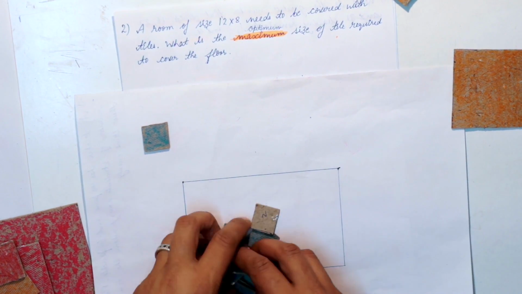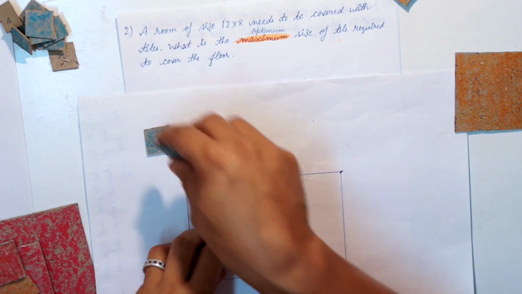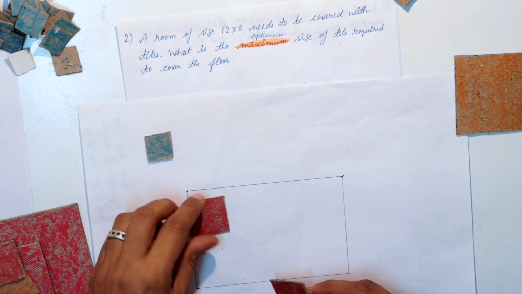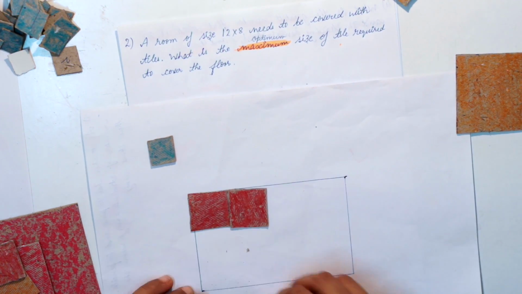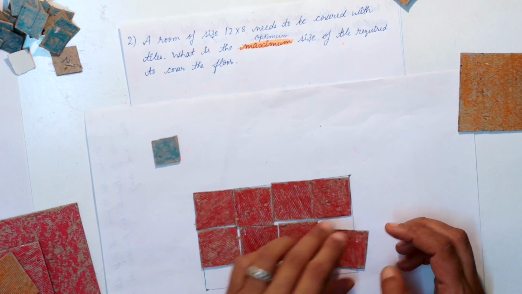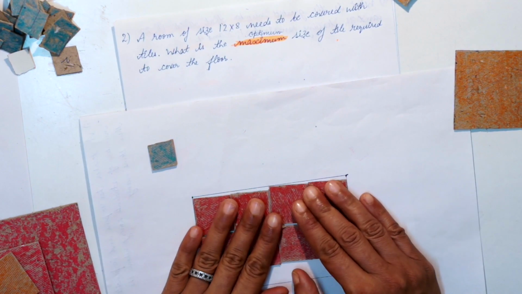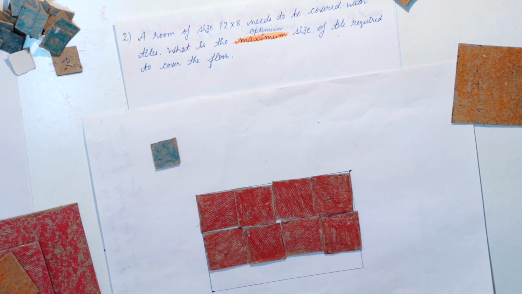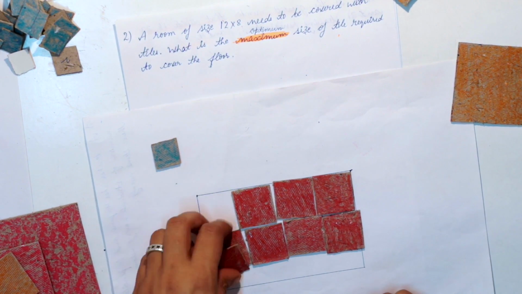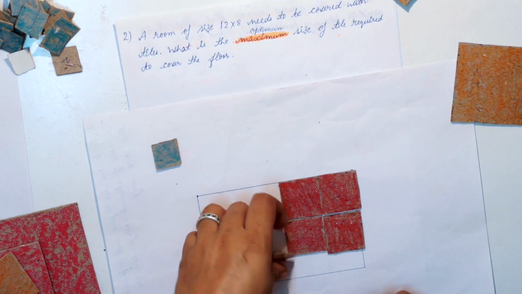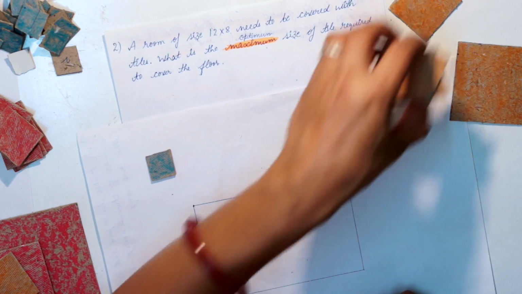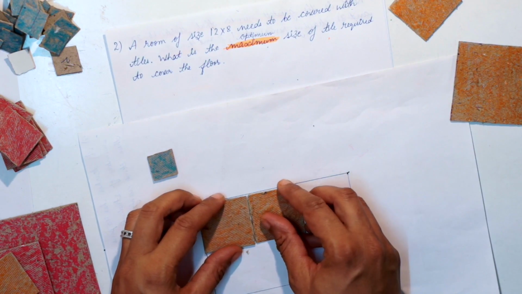Let's see, 3 by 3. The tile that we can use, I'll keep it here. Rest I'll discard. So 3 by 3. Let's start. But 8 we can't divide with 3. So, using 3 by 3 tiles is not a good idea. It can't be used to cover the whole floor. My next option is 4 by 4. So I have some tiles.